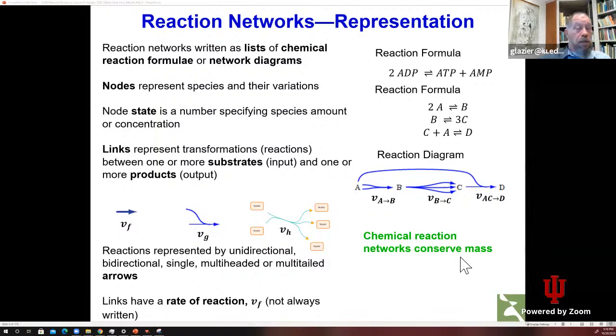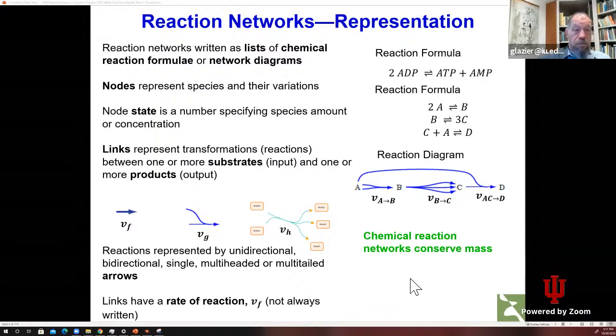Essentially, an arrow connects nodes. The nodes have a state, which is a concentration. The links or arrows represent transformations between substrates and products. And in principle, they can take an arbitrary number of substrates, here 2, and give us an arbitrary number of products, here 3. And if we're doing chemistry, we have what's called stoichiometry, which is, for example, you could have